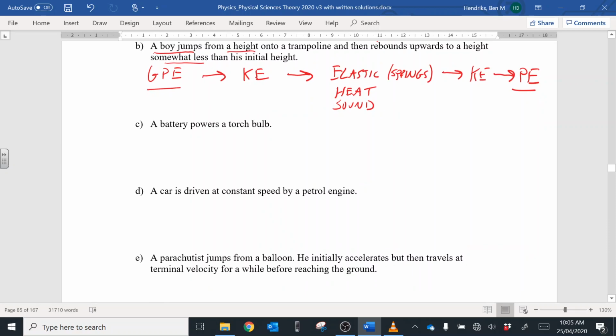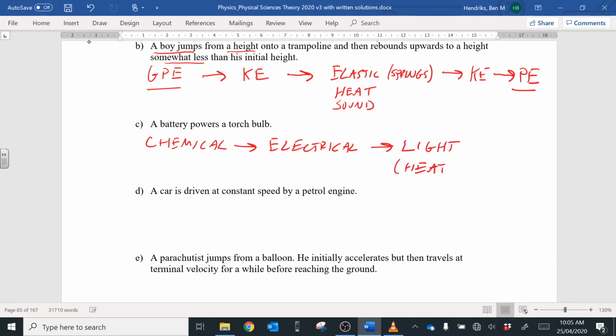Alright. So, a battery powers a torch bulb. We have chemical energy in the battery. It gets converted to electrical energy. And then that gets turned into light. And of course there's some heat in there as well.